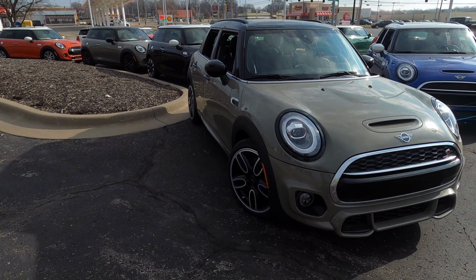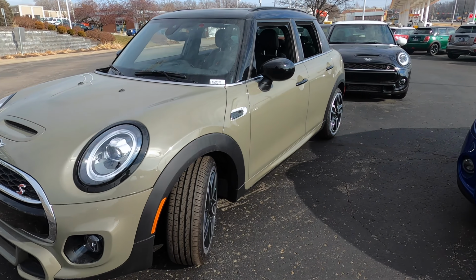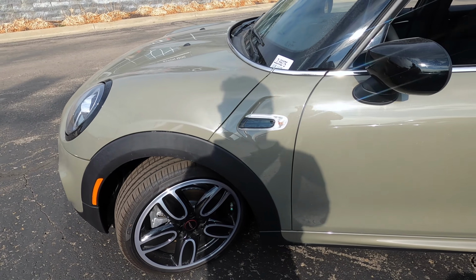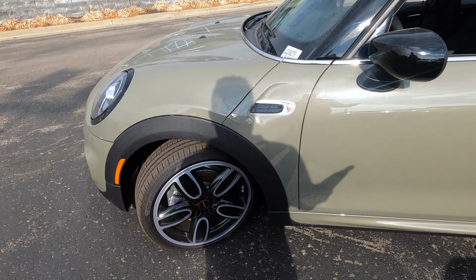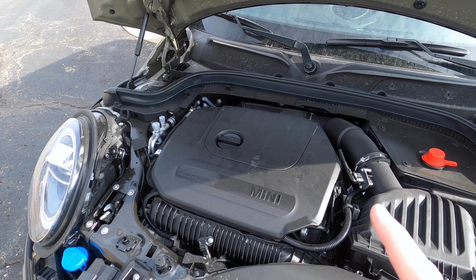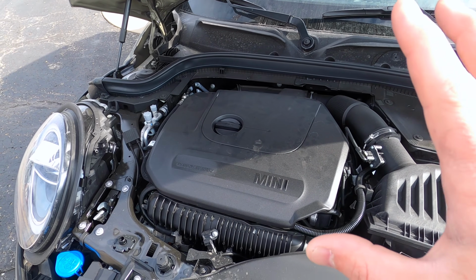Now, why do I like this, and why did I bother bringing it out here when I already have another 4-door Cooper S? This is the closest thing you can get to a John Cooper Works 4-door hardtop. And if you were to equip it as such, and you can install the John Cooper Works brakes as aftermarket, you can install everything to make this a John Cooper Works in a way. You would have to install the John Cooper Works tuning kit. That would bump this from 189 horsepower up to 210 horsepower. So you're not quite at the point where it is a John Cooper Works, but you are pretty darn close,